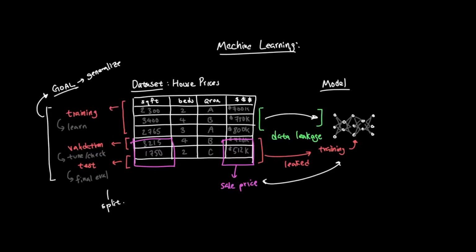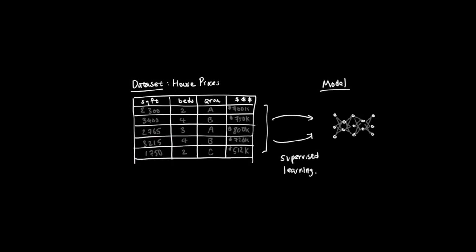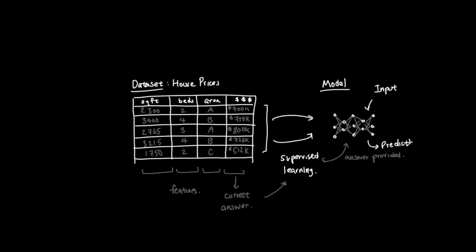Once we understand how to split that data and evaluate generalization, we can zoom out and look at different kinds of machine learning problems. That starts with the difference between supervised and unsupervised learning. So far, most of our examples have been supervised learning. In our house price example, we have past homes, we have features about each home, and we also have the correct answer, the final sale price. That is what makes it supervised. Supervised learning is when the model learns from examples where the answer is already provided. The model gets the inputs, makes a prediction, compares that prediction to a label, and then improves from that feedback.